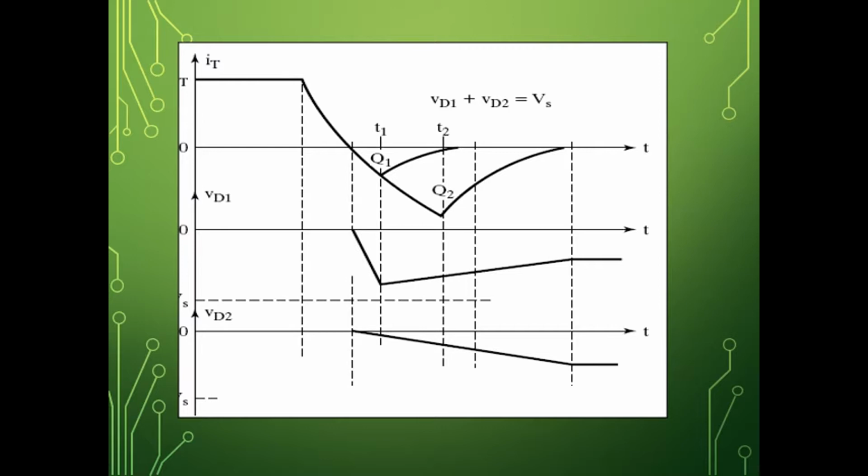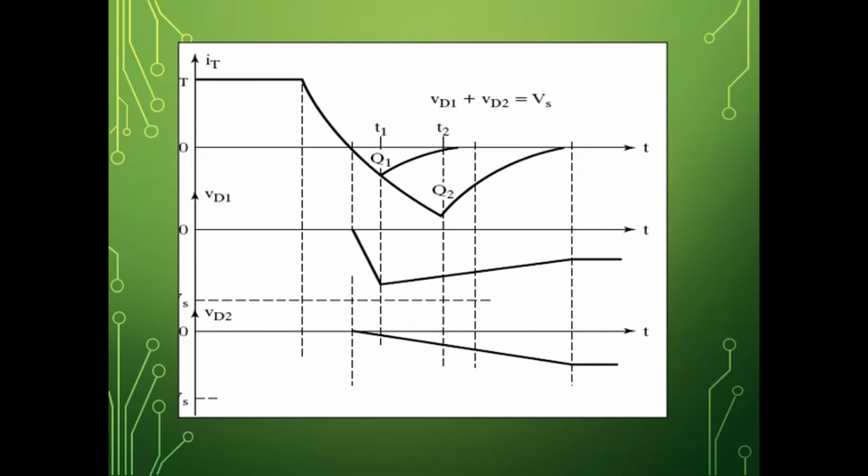So the junction capacitances which will control the transient voltage distribution will not be adequate, and hence you need to connect a capacitor C1 across each thyristor, and you have the R1 which limits the discharge current. The same R and C that I told you, which will protect the thyristor against dV by dt, the same RC network or the snubber will see to it that the reverse recovery charge is same across each thyristor.